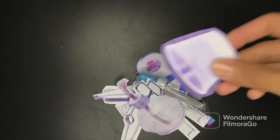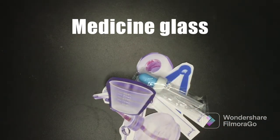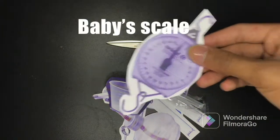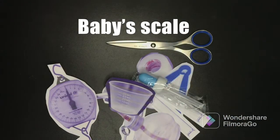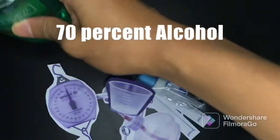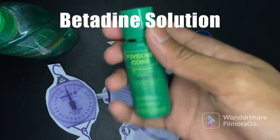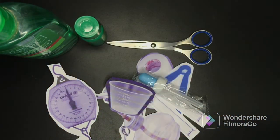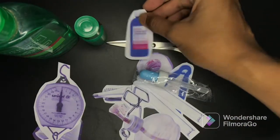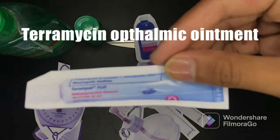On the left rear of the bag, medicine glass, bandage scissor, and baby scale. On the back of the bag, the first one is the 70% alcohol, betadine solution, hydrogen peroxide, terramycin ophthalmic ointment,